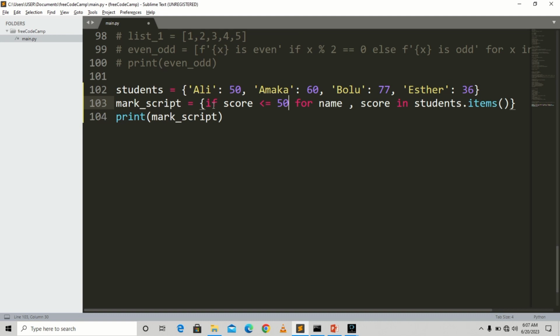So if you have 50 and below, that means you have failed, and if you have above, that means you have passed. So that's it. So if score is less than or equal to 50,